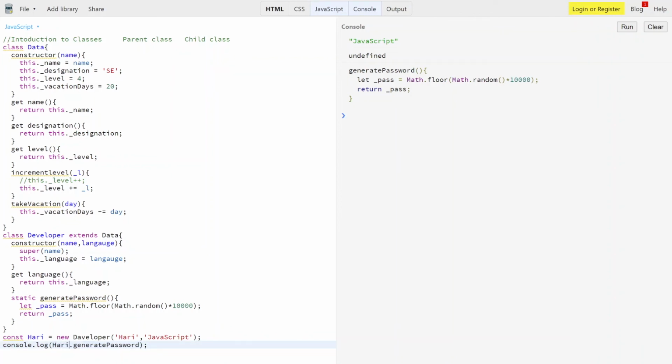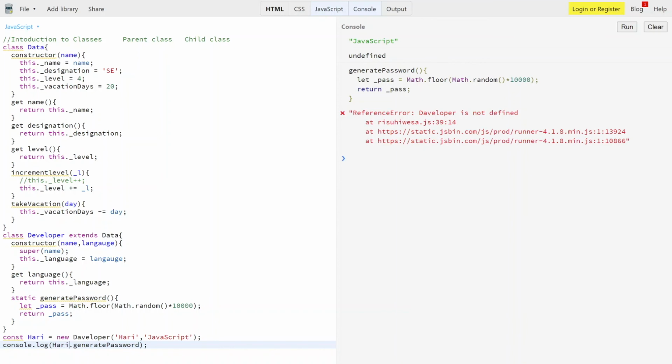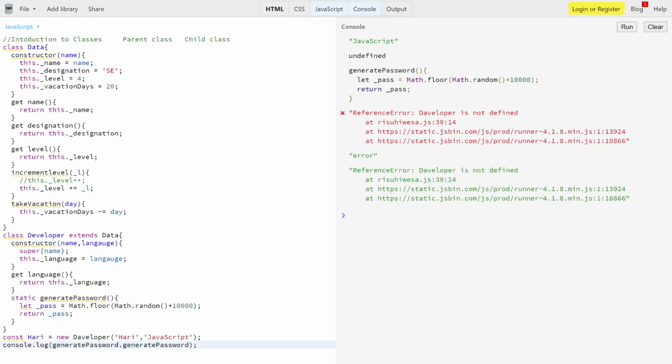So we can't access it, it will give me a reference error or an undefined. Why? Because the above example will give an error, because you can't call a static method with an instance. We can directly call this method on the class.